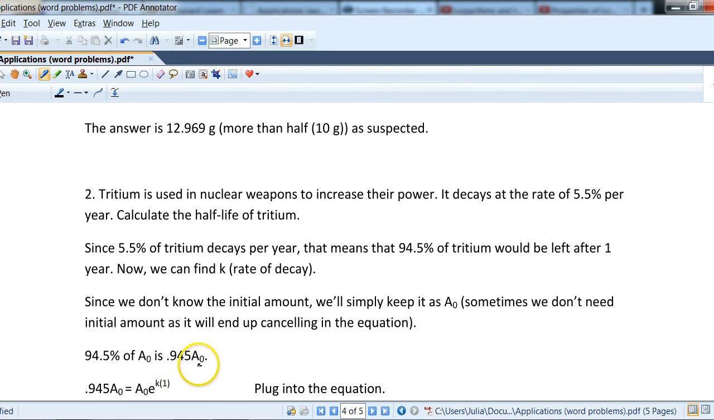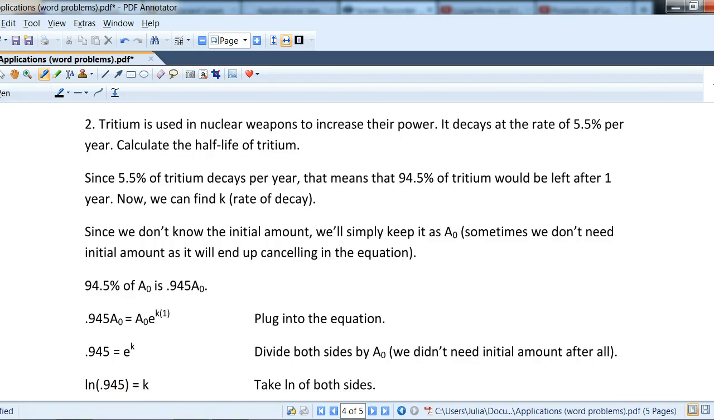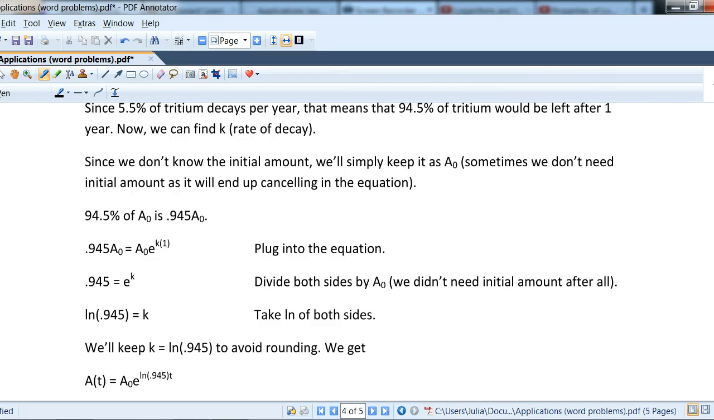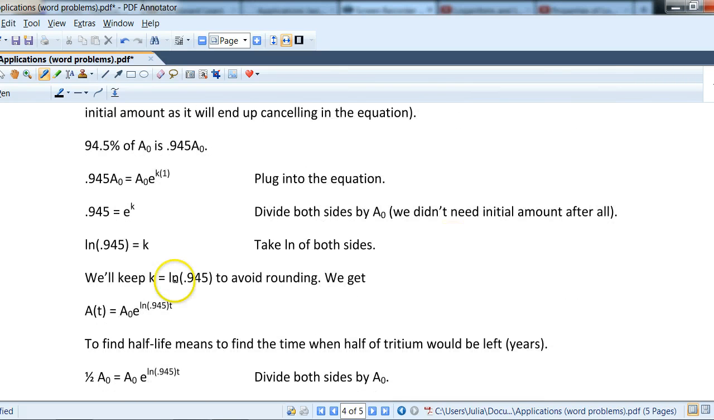times A0. And notice, because you have A0 on both sides of the equation, so this is the final amount, this is the initial, you can divide by A0 and it cancels out. So you just end up with a decimal, 0.945 equals e to the K. Then take a ln of both sides and that would be your K. Again, I just kept it as the ln to avoid the rounding,